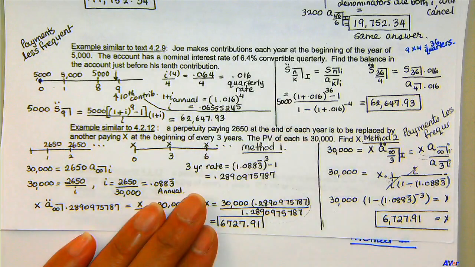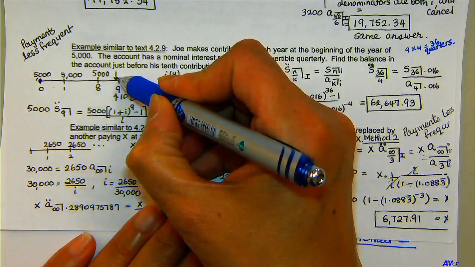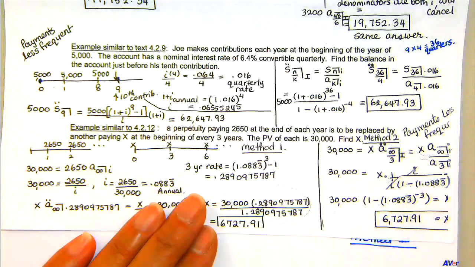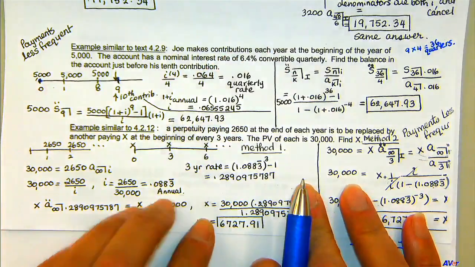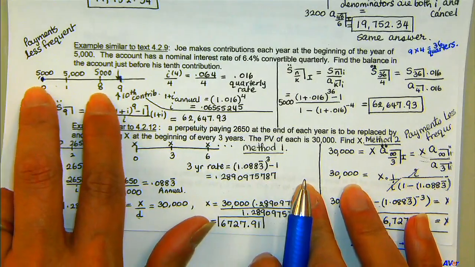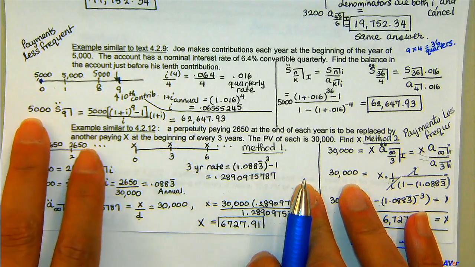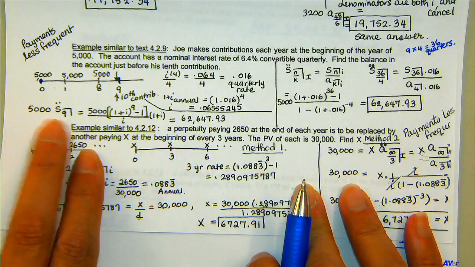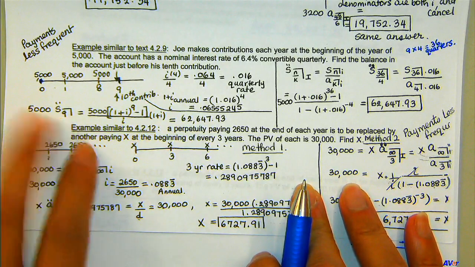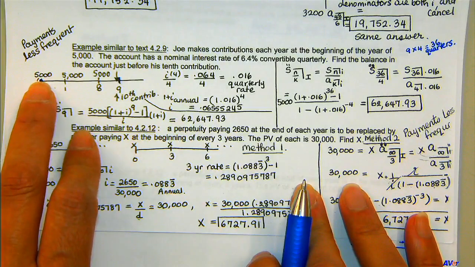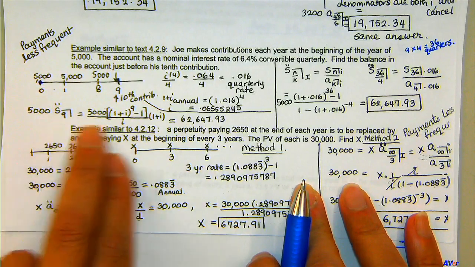Find the balance in the account just before his 10th contribution. So his 10th contribution would be occurring at time t equals 9. I have 9 payments here. I'm using method 1 at first. So this would be 5,000 S double dot angle 9 because the payment is happening in the beginning. And I just clean this up